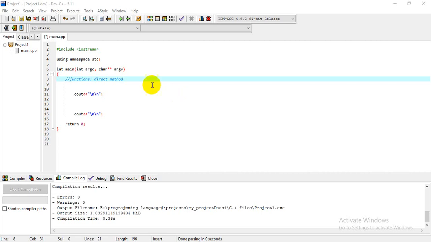Hello everyone, in this tutorial we're going to see functions, direct method. We say that in the direct method, functions are not involving pointers and addresses. So here we're going to see functions without pointers and addresses. The next thing we are going to see will be data structures, and data structures are going to give us an introduction to object-oriented programming. So be very attentive when we are going to see pointers and addresses in the indirect method of functions in